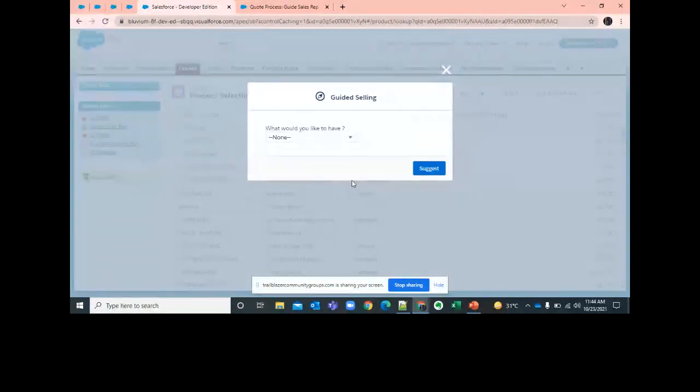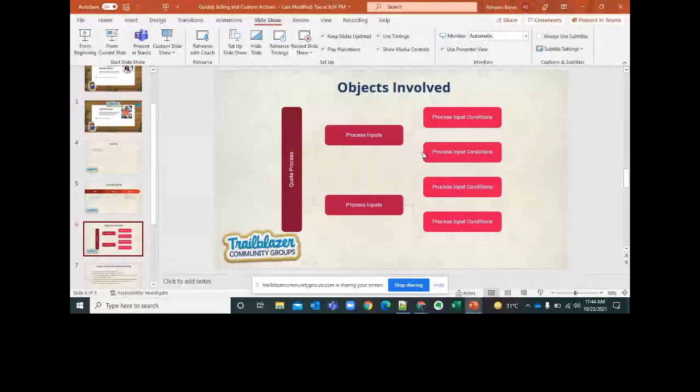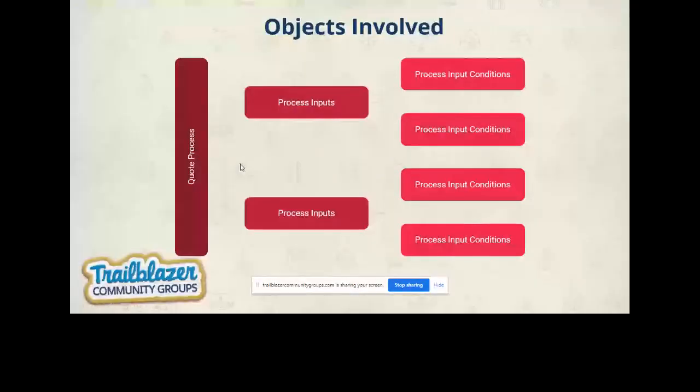So let's see how we are going to set up guided selling. Before that, I have a nice image which summarizes the objects included in guided selling. The main object, the head object of this whole process, is the quote process.